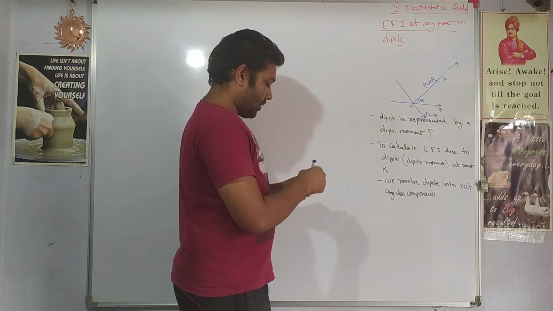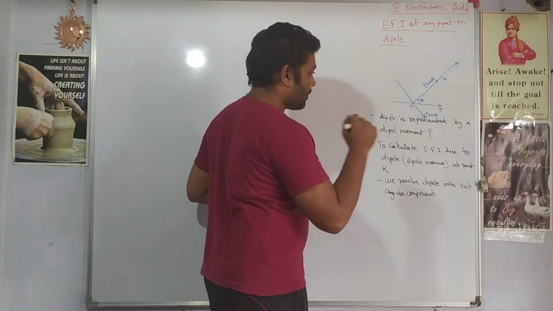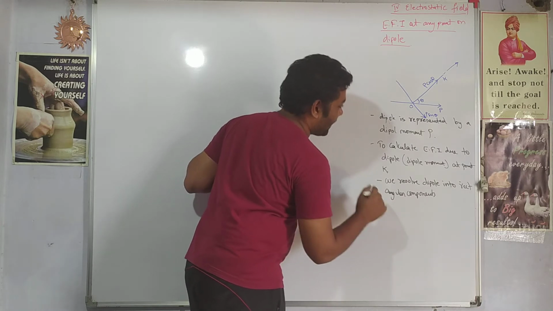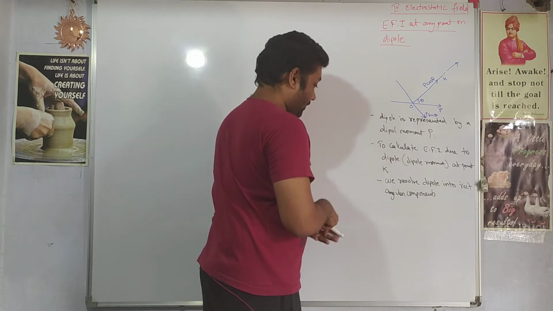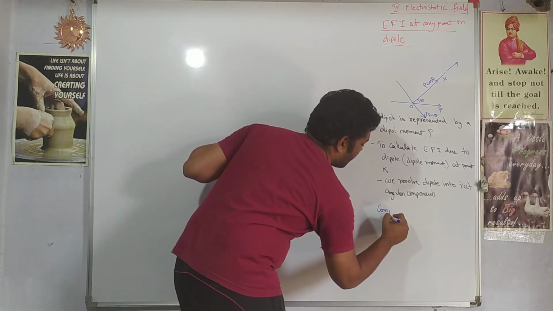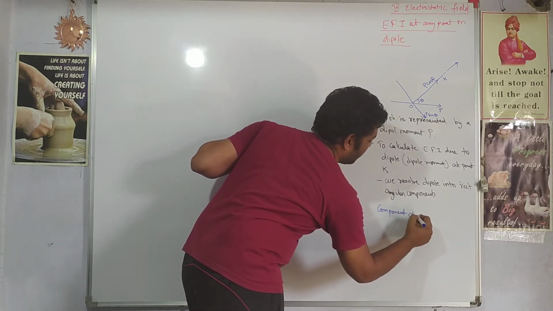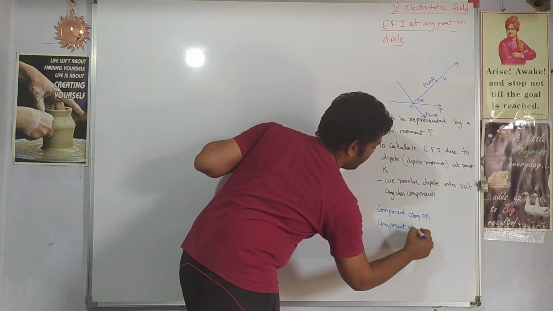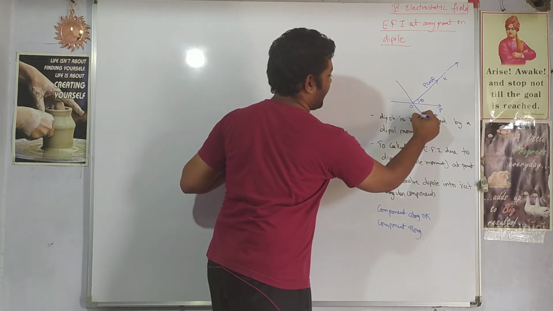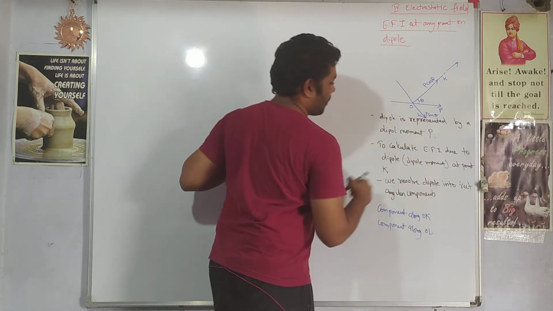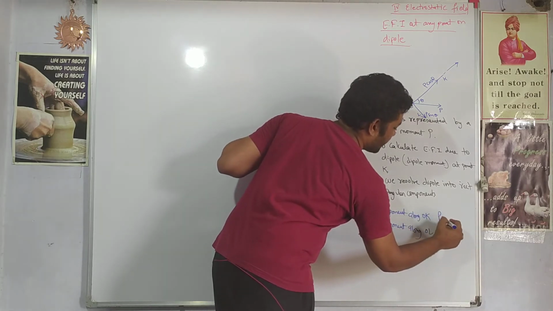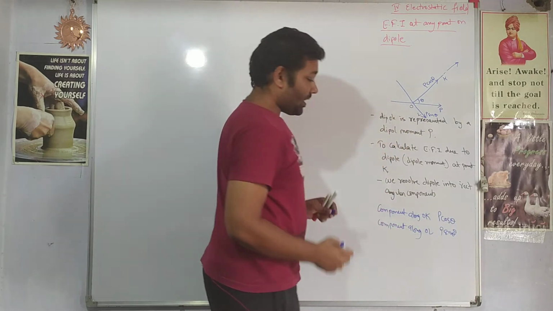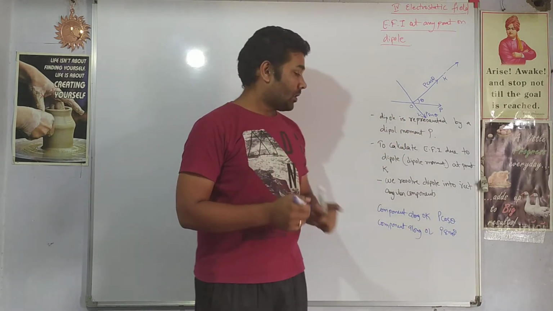Let us write this down in words. It will help us to understand and make our presentation good. So, resolve dipole into rectangular components, right? So we note down the component along OK, and another component will be along, let's say this is the L I take, so along OL. So what is the component along OK? Along OK it is P cos theta, and the component along OL is P sin theta. Right? So these are the two components of the dipole moment.